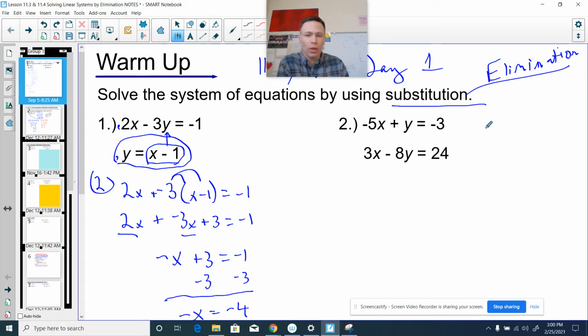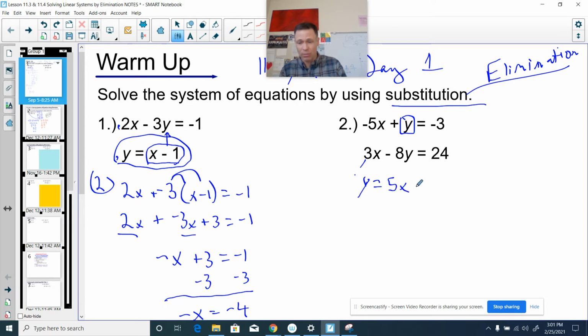Okay, now this one, we talked about how this one would involve using step 1, where we have to pick an equation and solve for a variable, which means I have 4 options, right? I can solve for x or y in the top equation, or I can solve for x or y in the bottom equation. But there are usually an easiest variable to solve for, and that variable would be y in the top equation, because all I have to do is add 5x to the other side, done. So let's do that. If I were to add 5x to both sides, I would end up with y equals